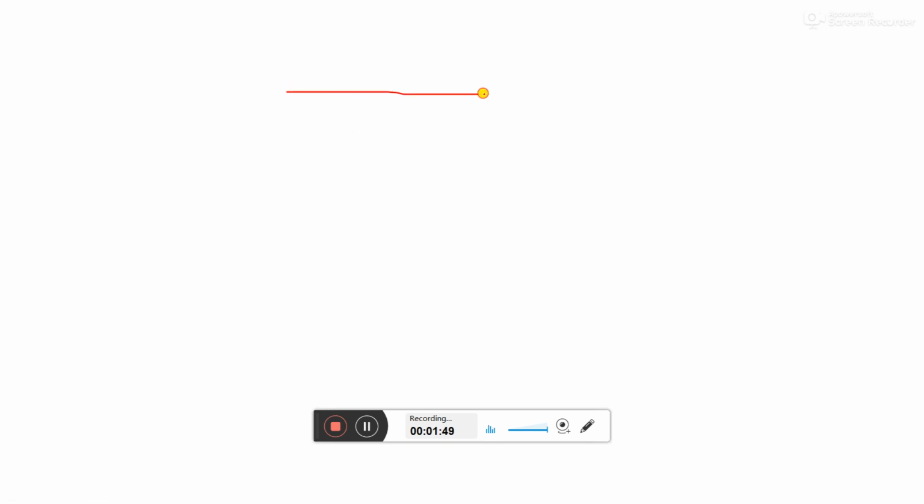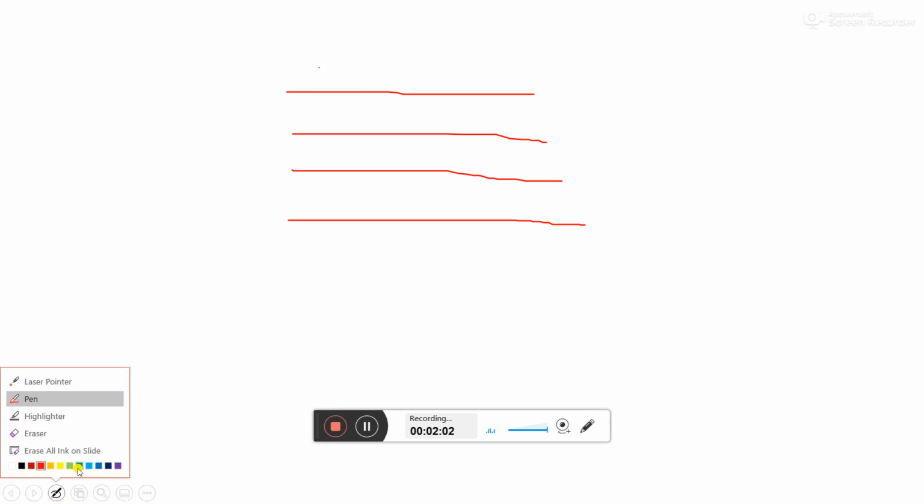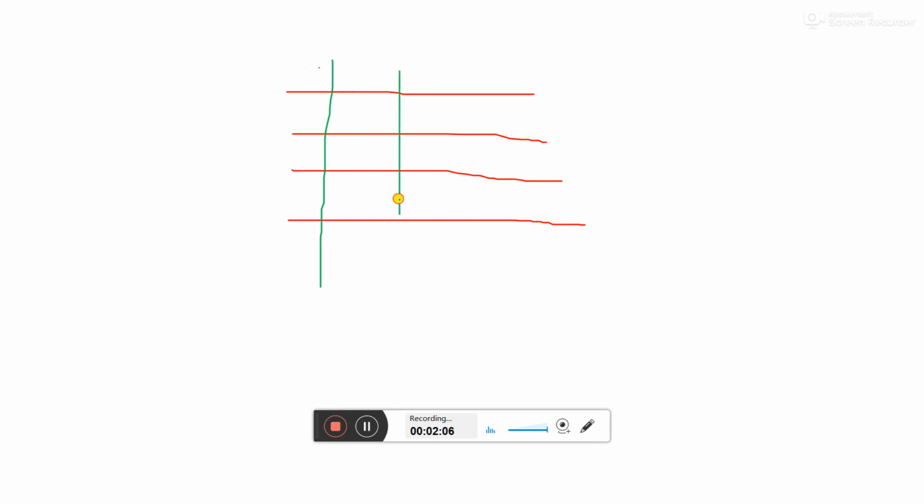So these are some rows, and here I am changing the color of it. So these are the columns.